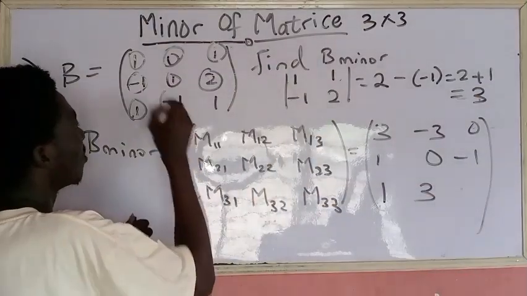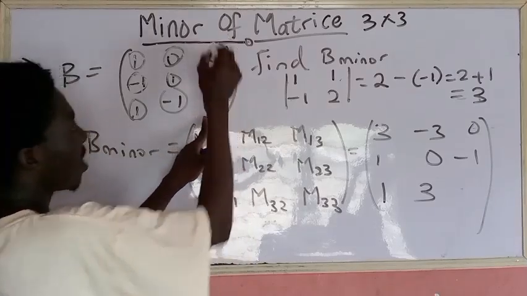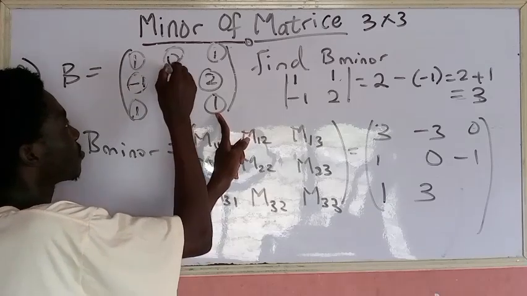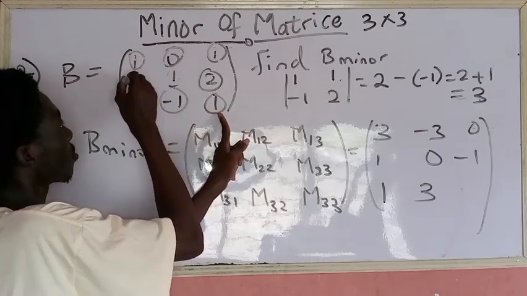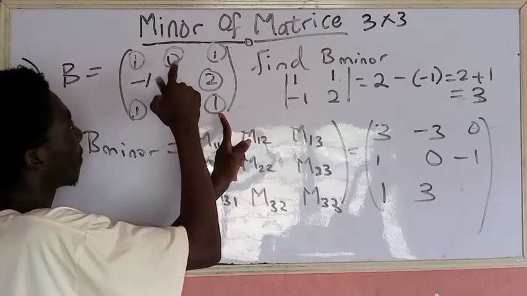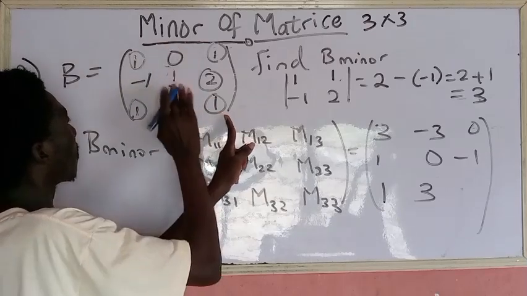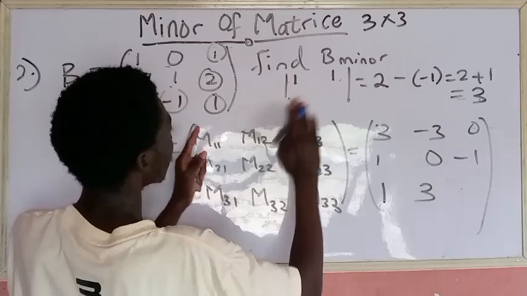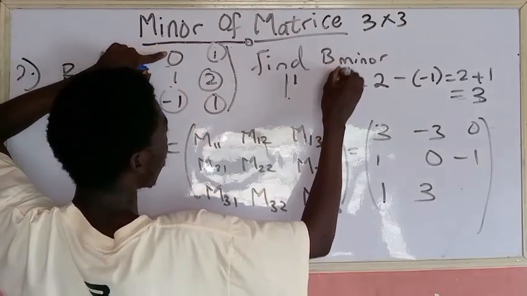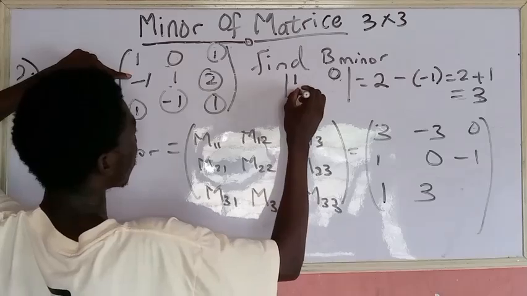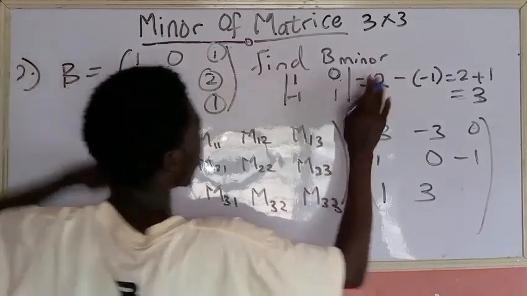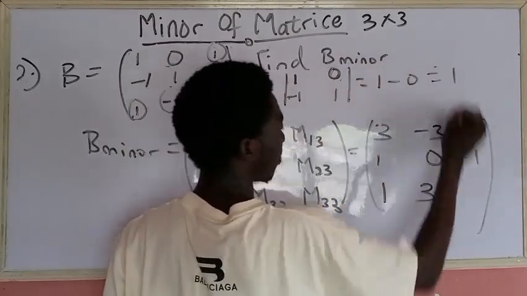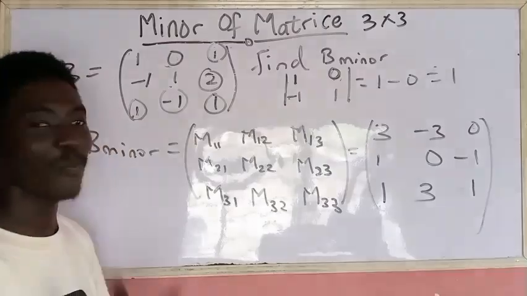Good. Next one. For this, block this column, block this row. So I'm left with 1, 0, minus 1 and 1. 1 times 1 is 1. This and this one is 0. That is 1. So you can see that that was how to look for the minor of a 3 by 3